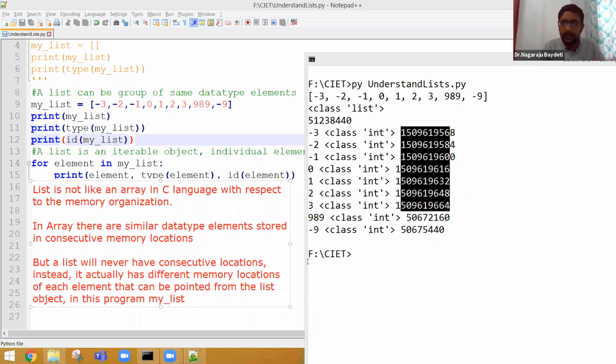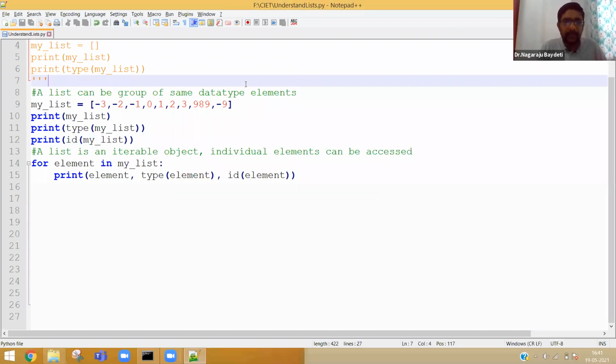Okay, now let us go further. I believe that you are able to understand. I am not telling you that a list is a group of elements, or that a list can do this or that. I am just defining a list, and for nearly 25 minutes I am talking about only a single line of list. What exactly is a list? It's an object. How exactly are the elements stored? When you are seeing line number 15, first I printed the element, then I added the type. Now I am adding the address. By seeing these three, now you can understand more concepts about list.